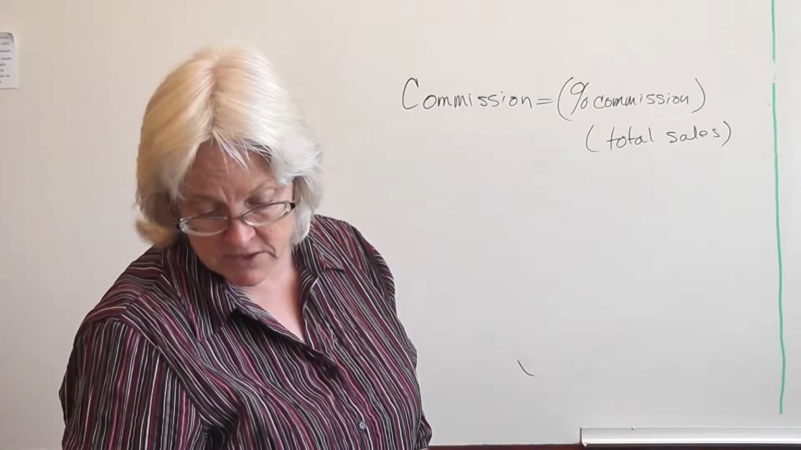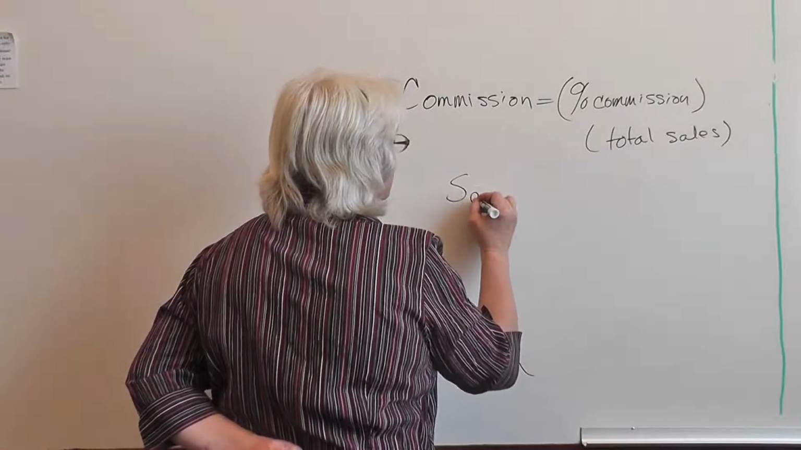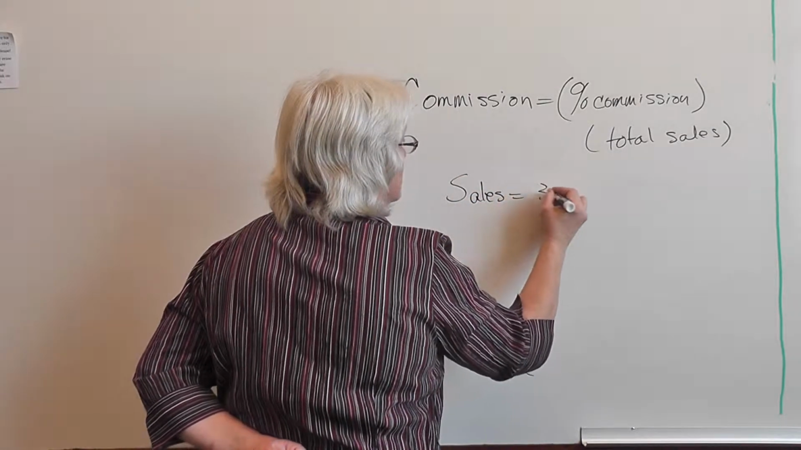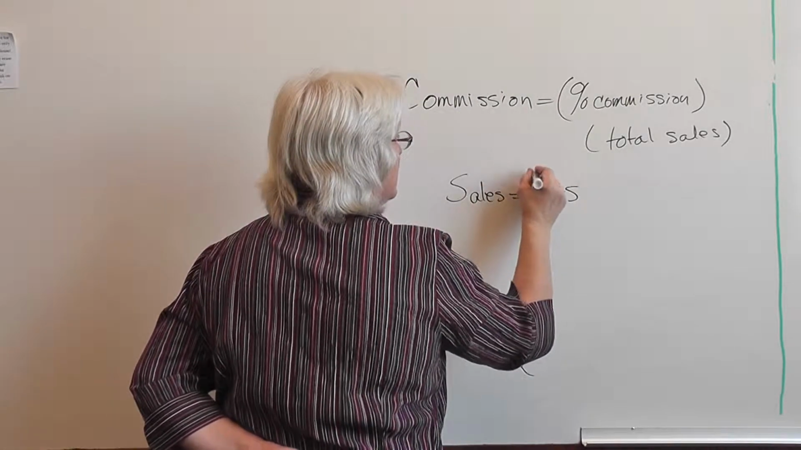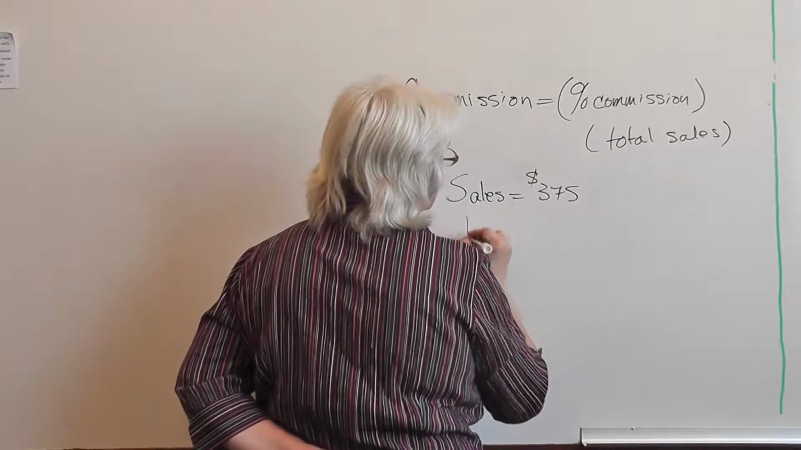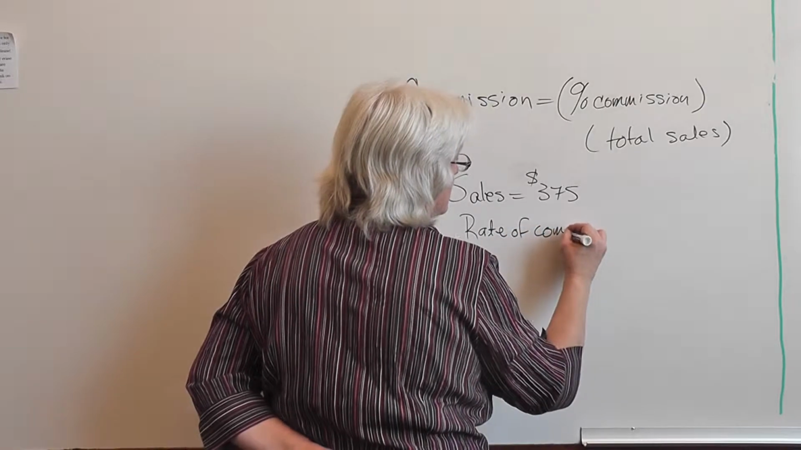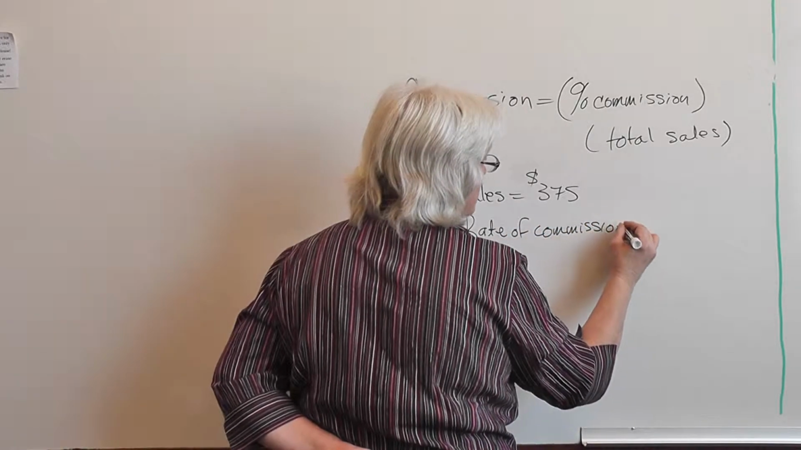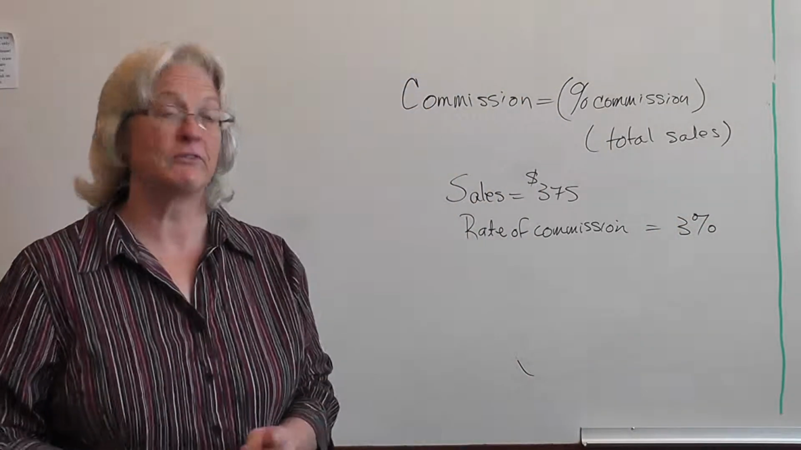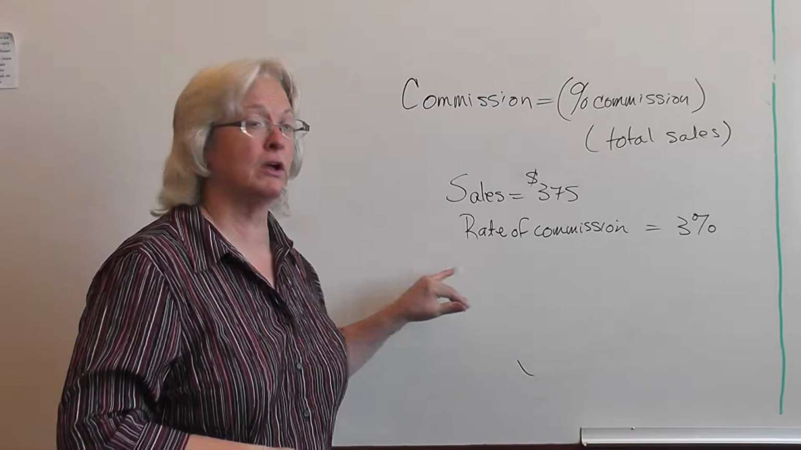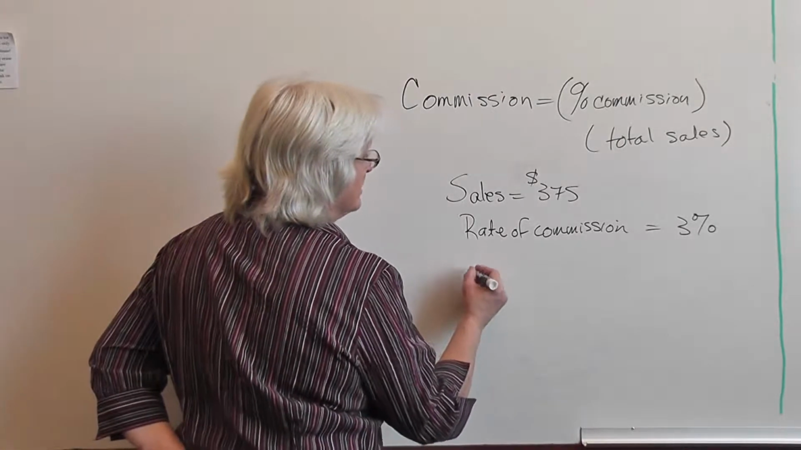So if you have a problem that says find the commission, sales is $375 and the rate of commission is 3%. How are we going to find out how much money the salesman earned on sales of $375? Well, the commission